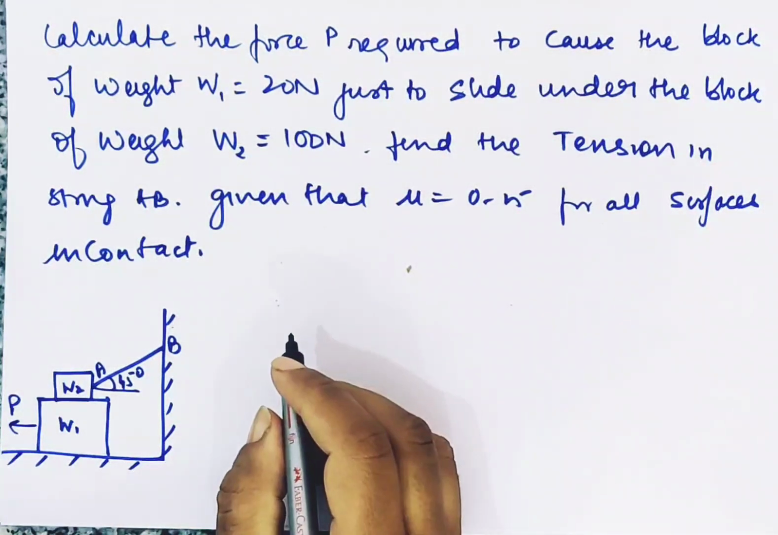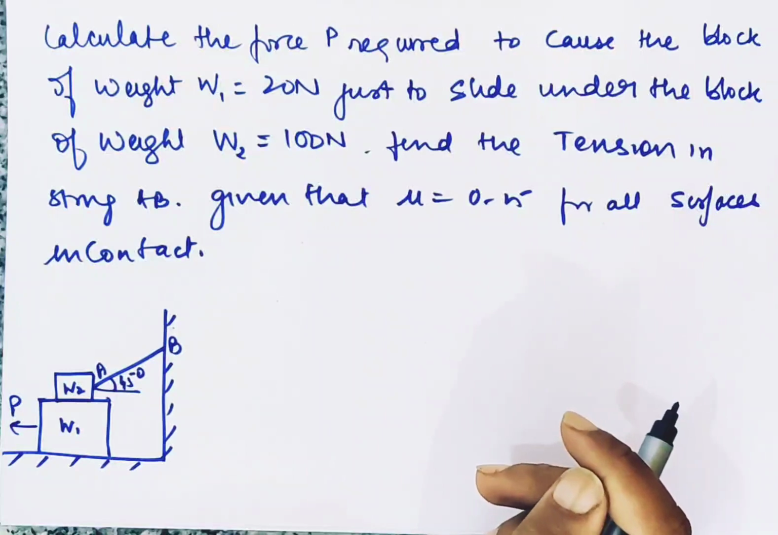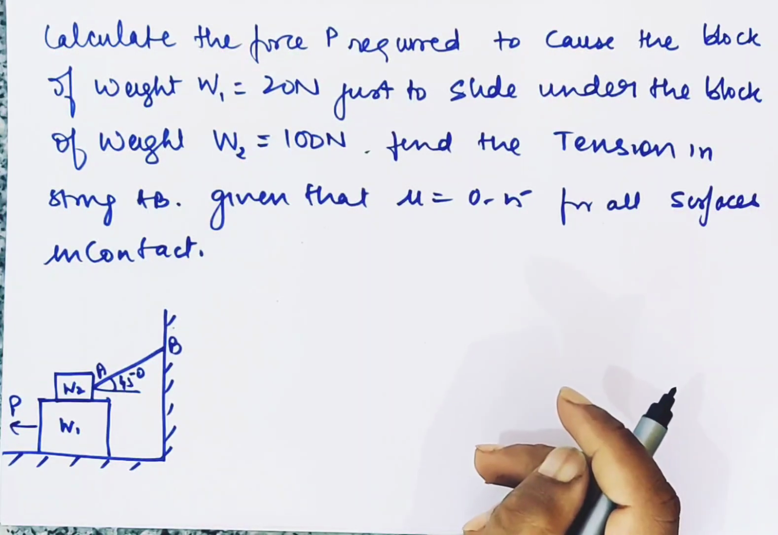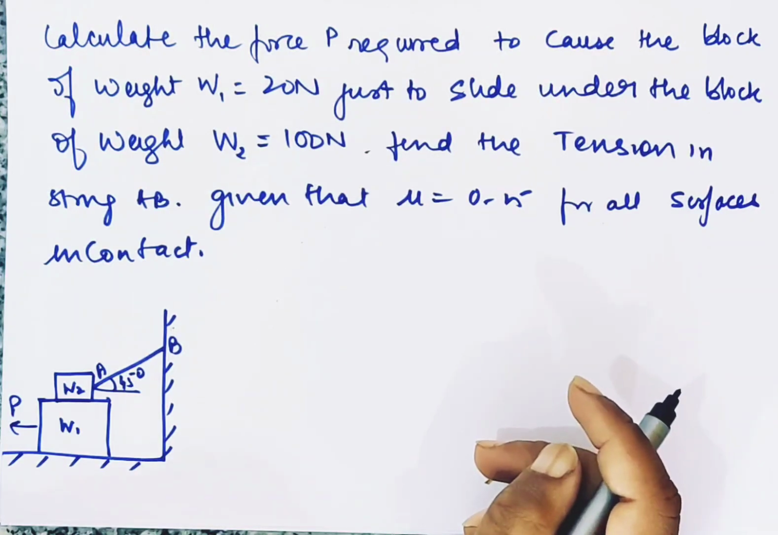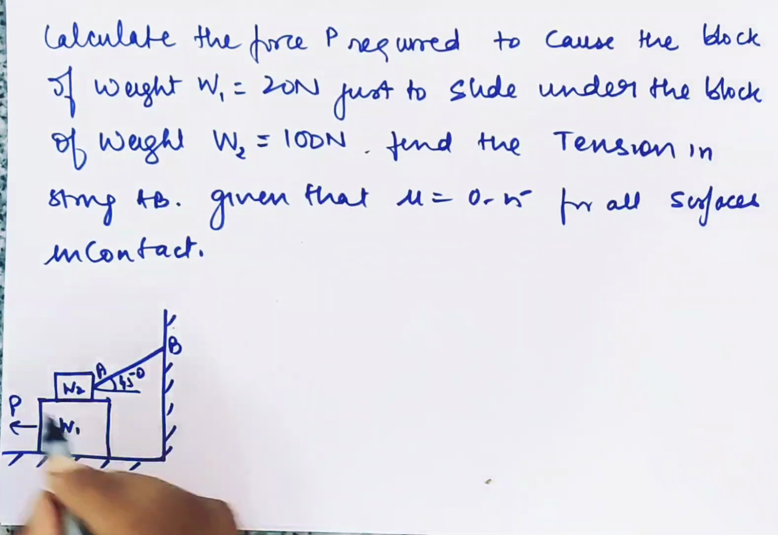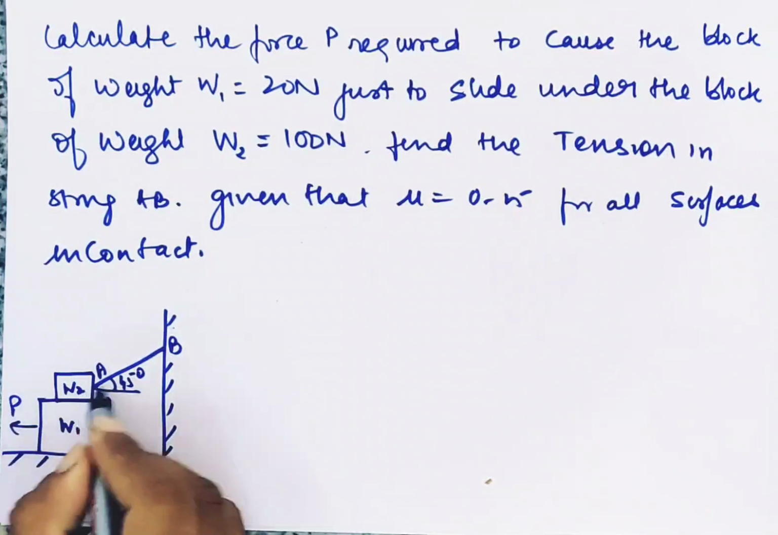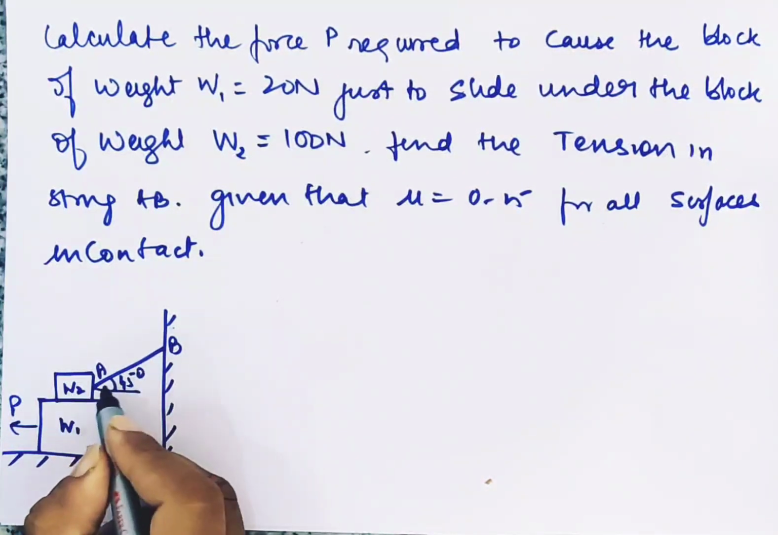Calculate the force P required to cause the block of weight W1 equal to 20 Newton just to slide under the block of weight W2 equal to 100 Newton. Find the tension in the string AB given that mu equals 0.25 for all surfaces in contact. So we have to find out the force P as well as the tension in this string